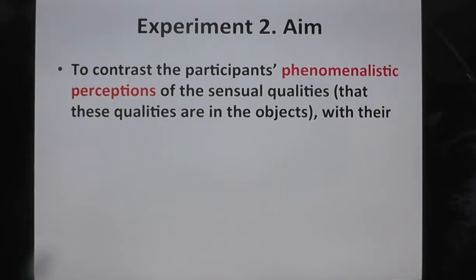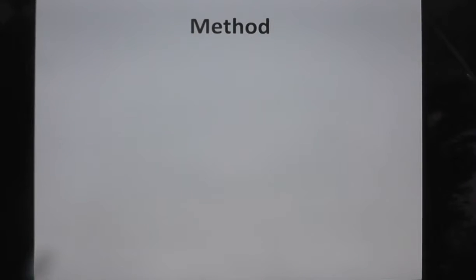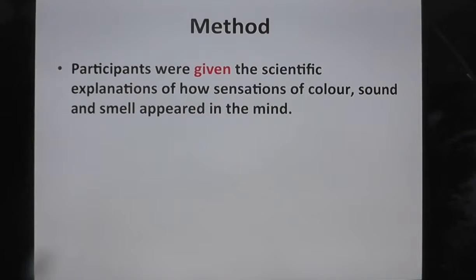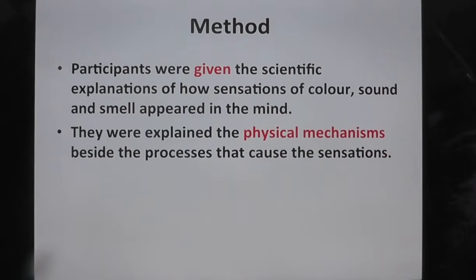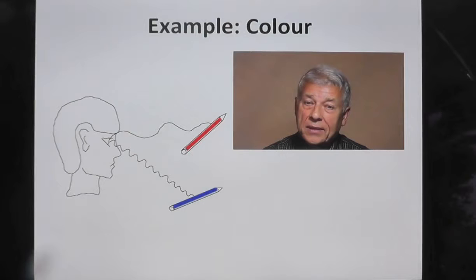The aim of experiment 2 was to contrast the participants' phenomenalistic perceptions of the sensual qualities, that these qualities are in the objects, with their rational understanding that the objects contain not sensations, but physical structures, such as light waves or combinations of molecules. Participants were given the scientific explanations of how sensations of color, sound, and smell appeared in the mind. They were explained the physical mechanisms behind the processes that cause the sensations. They were then again asked the test questions about the sensation's location either in the mind or in the objects per se. For example, in regard to color,